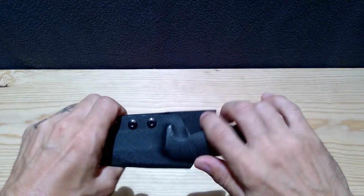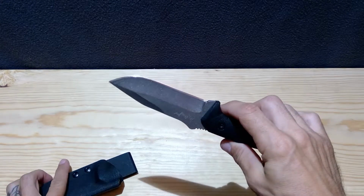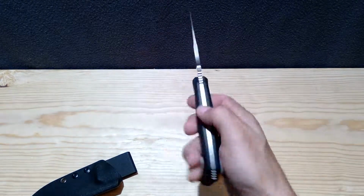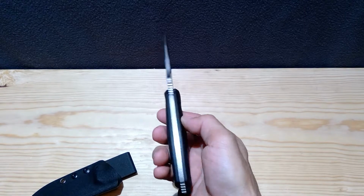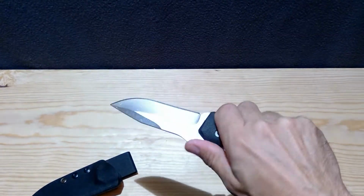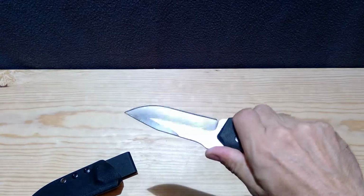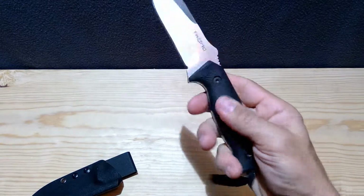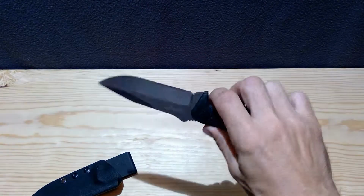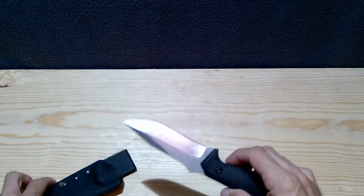It's just a good sized little knife, and it's sturdy. I pry open rock hard brown coconuts with it all the time, and it's still dead straight. Jimping is comfortable. It's not super aggressive. The thumb ramp really, when I'm cleaning out the inside of coconuts, it's got good grip even when it's wet and covered in coconut oil. So I absolutely love this knife. The reason I bought this was